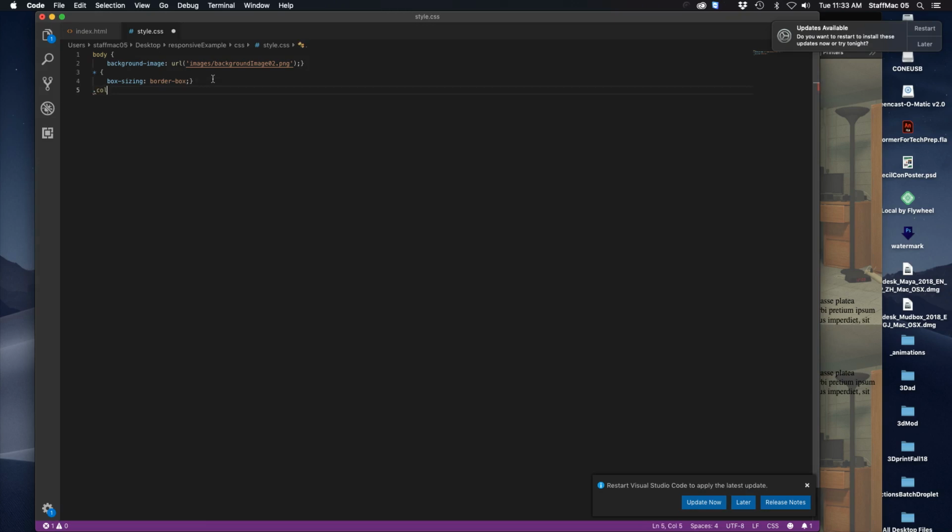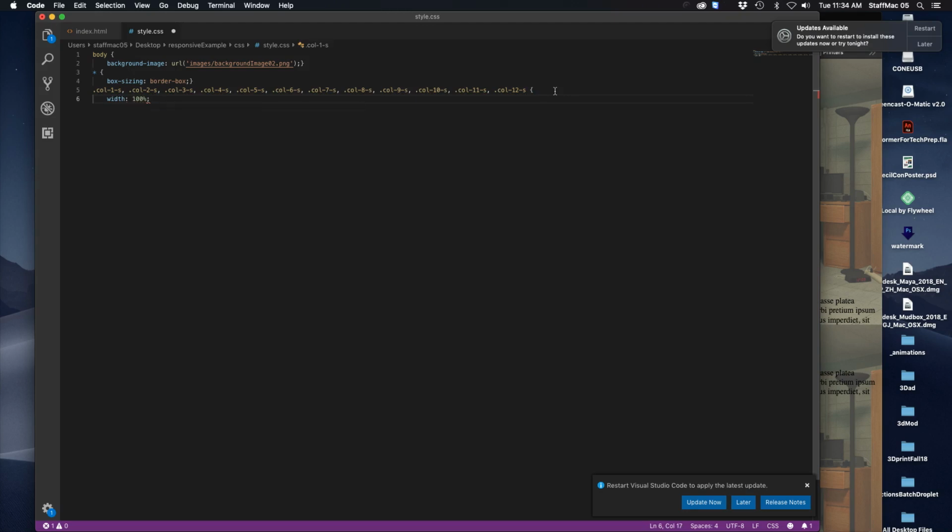The other thing I want to do is set up columns for when it's the smallest. So it's just going to be .col-1-s. So column 1, a 1 column, and when it's small. And I've got to do this for all of them: .col-2-s, then comma, .col-3-s, so on and so forth. I'm making a class for each one of them. I'm going to pause the video and finish it. Okay, so we have the 12 columns, and then on that I'm just going to do width, and it's just going to be